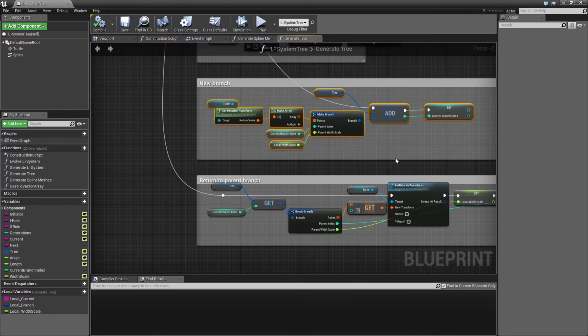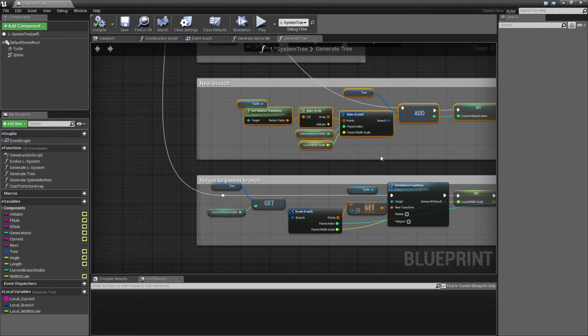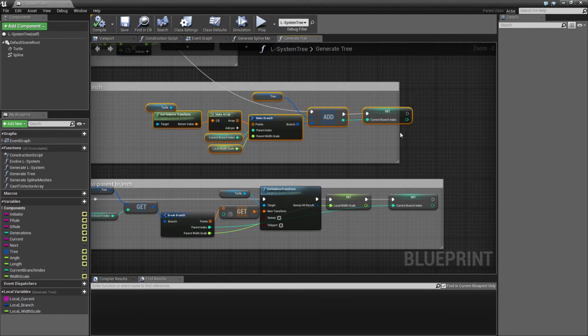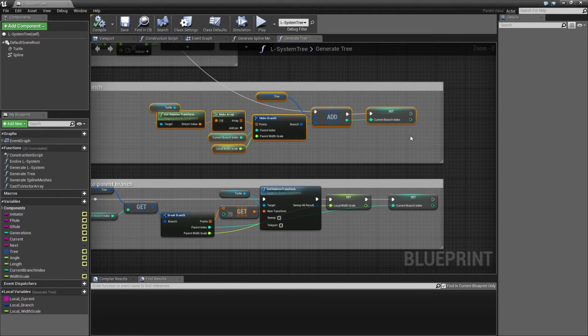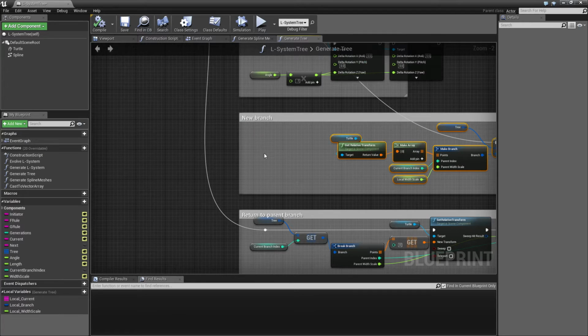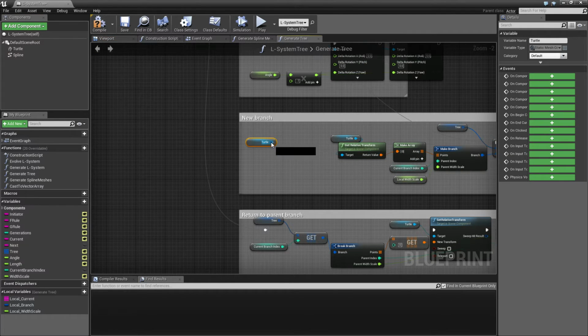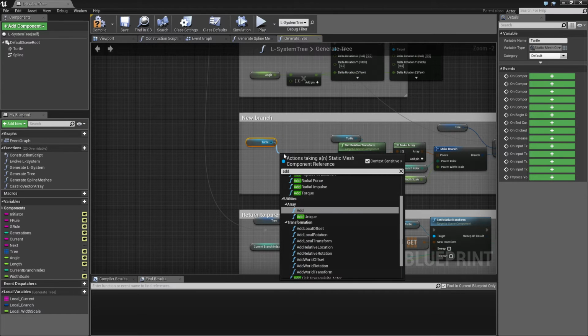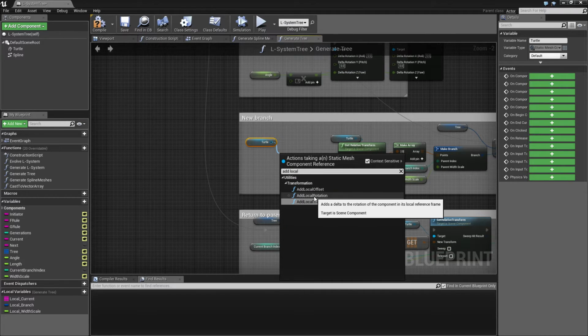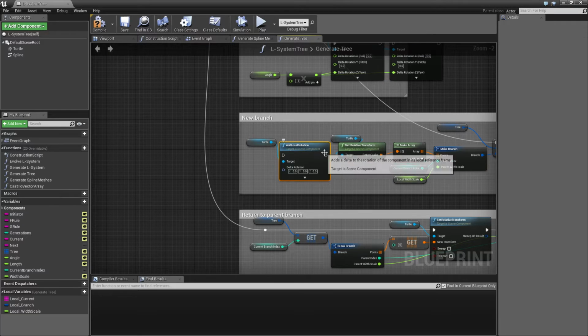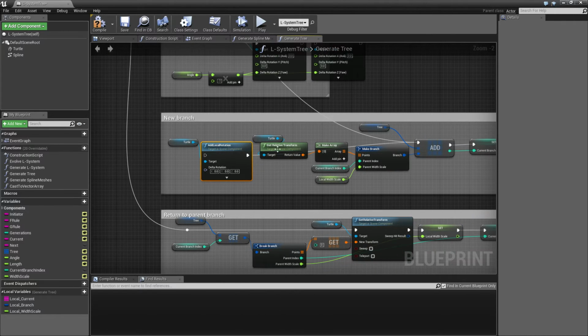So I'm going to take this part here, move this a little bit to the side, and then I'm going to say the turtle, I will add something to the local rotation, and once I've done that, I'm going to add